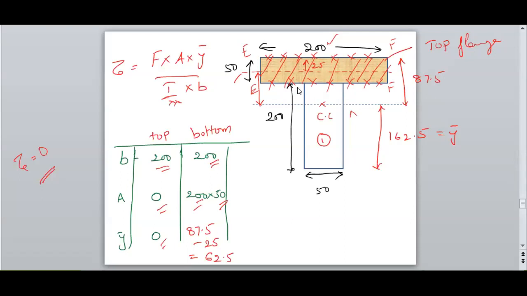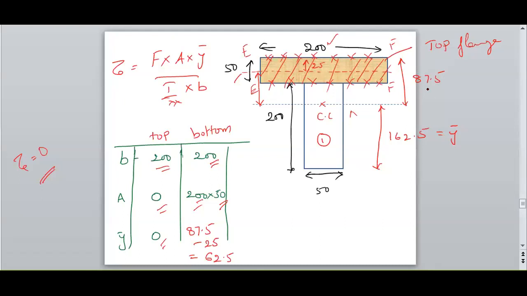Therefore, we know the local centroid of the shaded area is 25 because the depth is 50. Therefore, the local centroid is 25 from the top. We know the distance from the top layer to the neutral axis